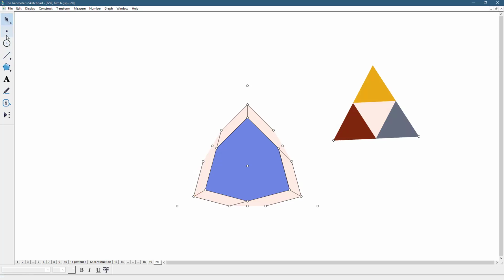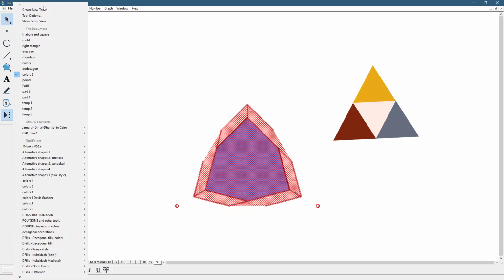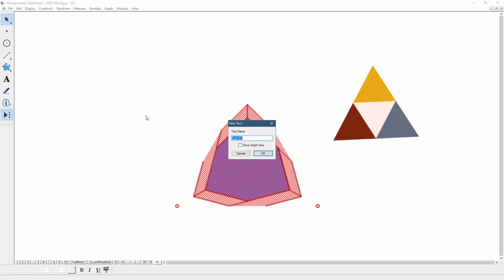Okay, so now points, edit, select all points. I need only these 2 points. Display, hide points. Are we okay with this? If we are, then we can select everything, go to tools and call it temp